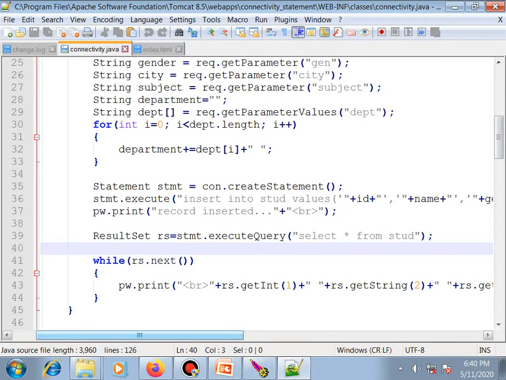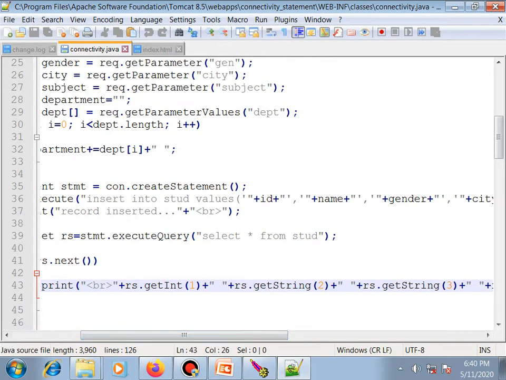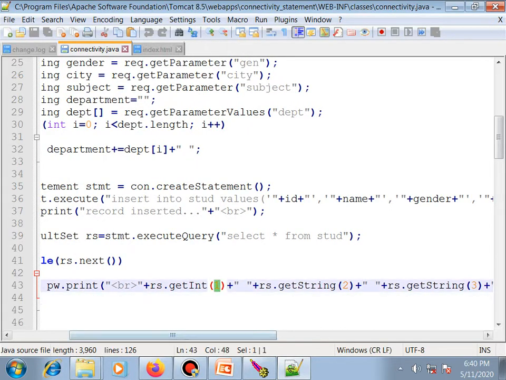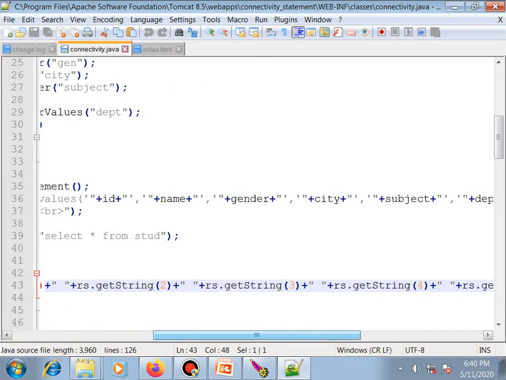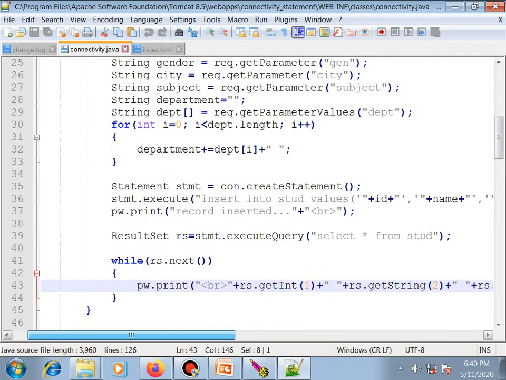For printing, we use the loop while rs.next. next is a method of ResultSet. With pw.print, we print each and every field. rs.getInt gets the ID, and the rest of the parameters are strings, so we get them using getString. So it will print the whole data on the screen.